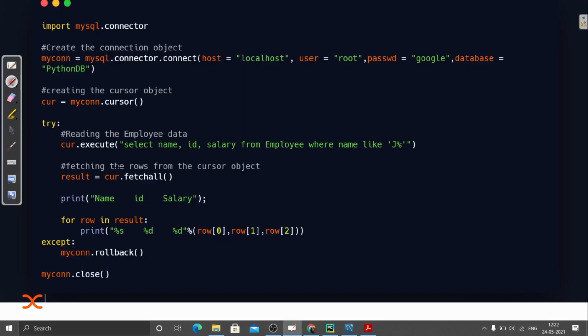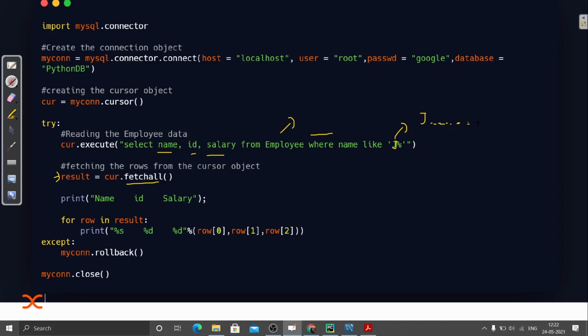So you can see what I'm doing. I have fetched all the rows. Fetchall means all the rows are used and assigned to this variable, that is result. From which columns? The columns are name, ID, and salary. And what is the condition that we have applied? Obviously the table is the employee table, where name like 'J%', it means it starts with J, and after that it can be anything.